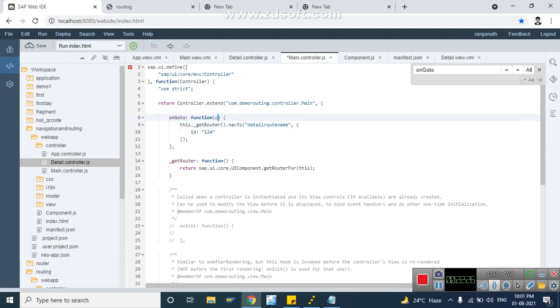Let us take oEvent. I will define one parameter to capture event parameters. Event parameters. So I'll just say, let us go here inside.